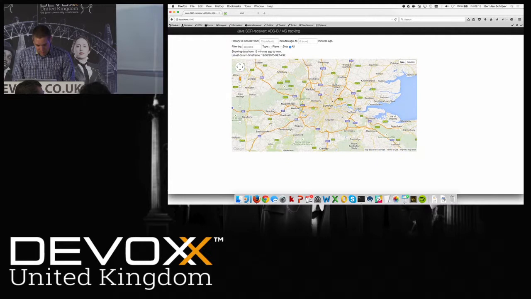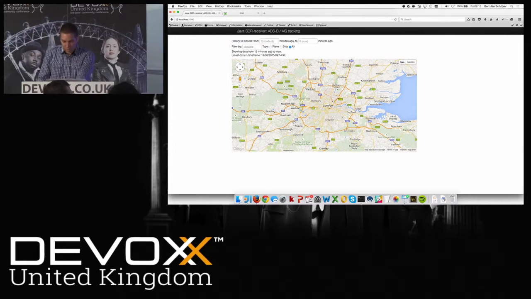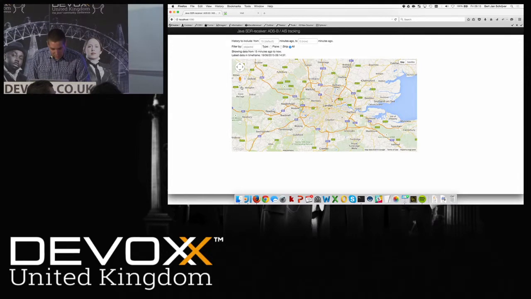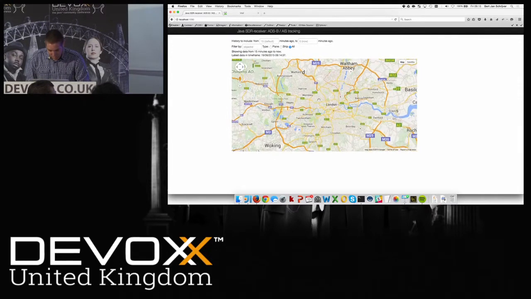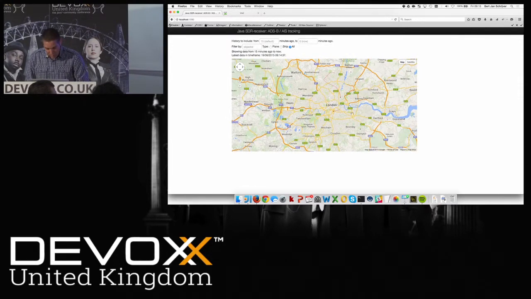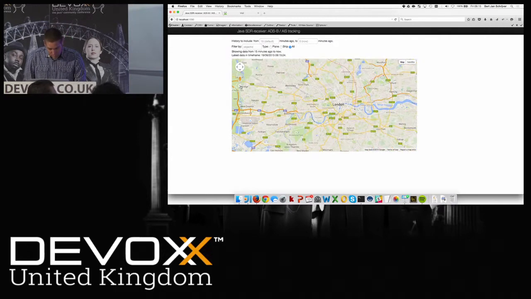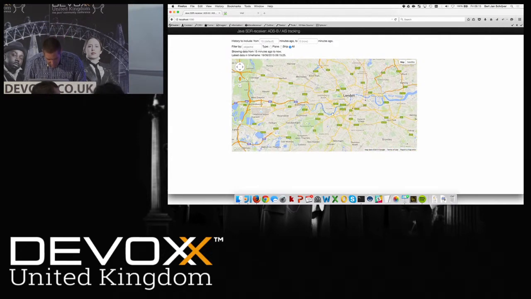And you can see some planes moving over London, but I'm receiving this with just this stick in this building with rooms above us, so the reception isn't too good. But still, we can see this plane wandering about London and is probably making a turn to go to some airport somewhere here. So, can you see it? Right. I'm going to show more later, so let's just take a look at this now.